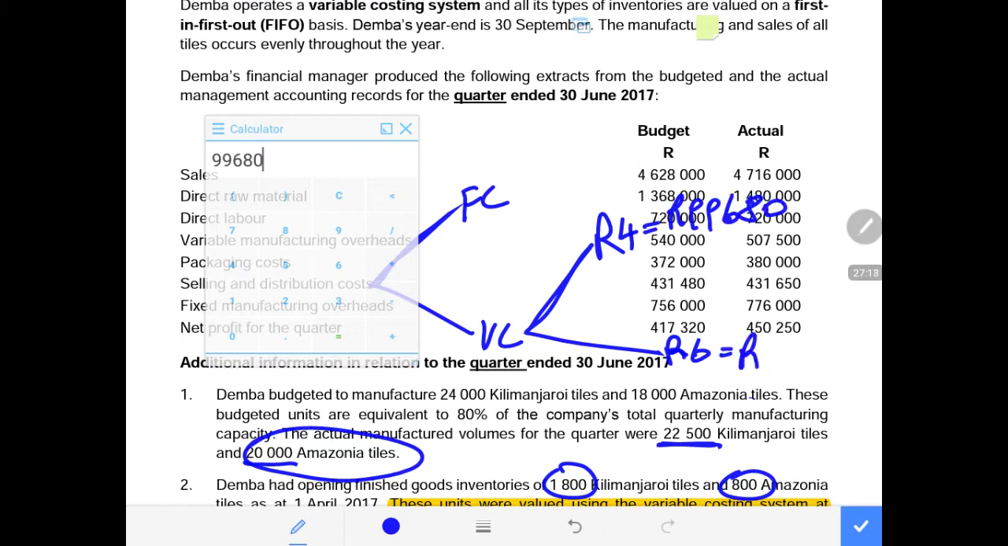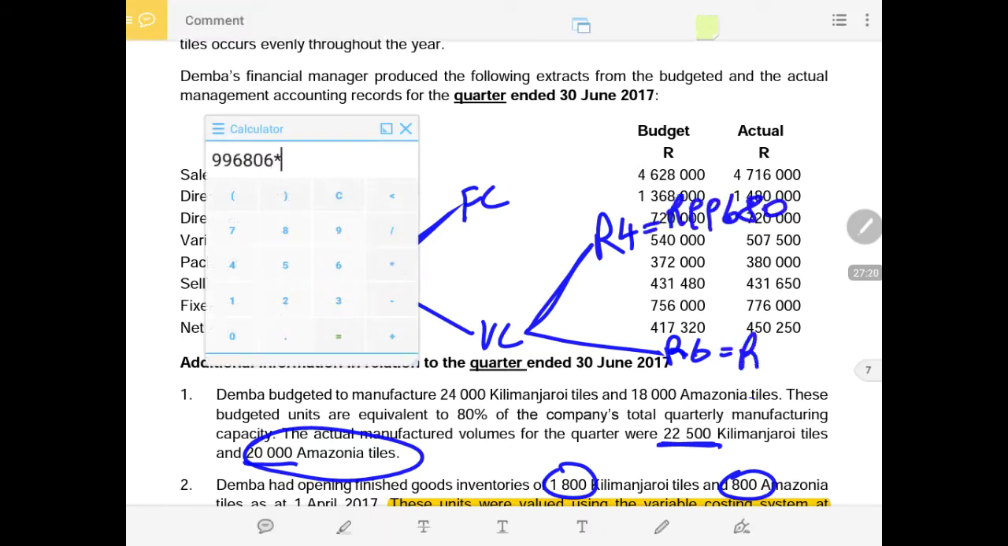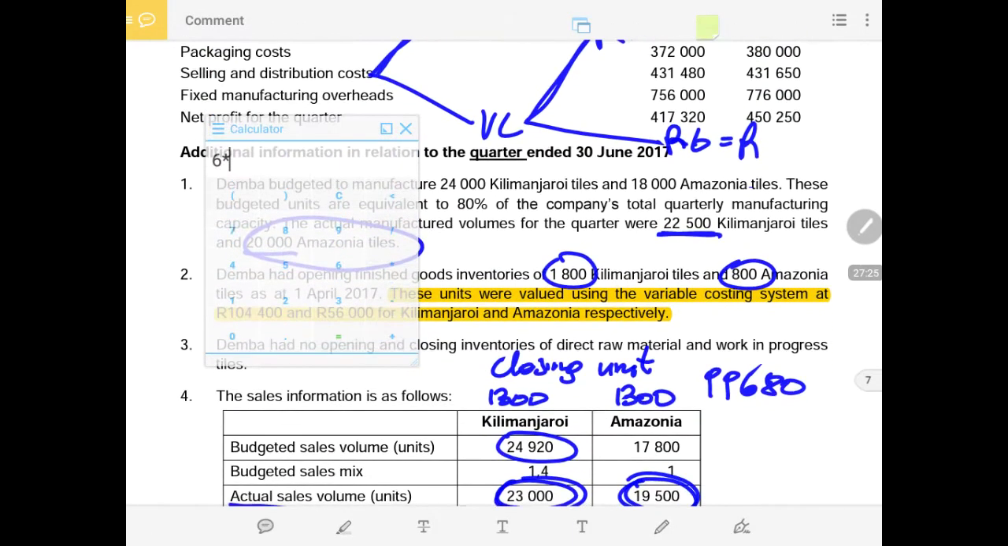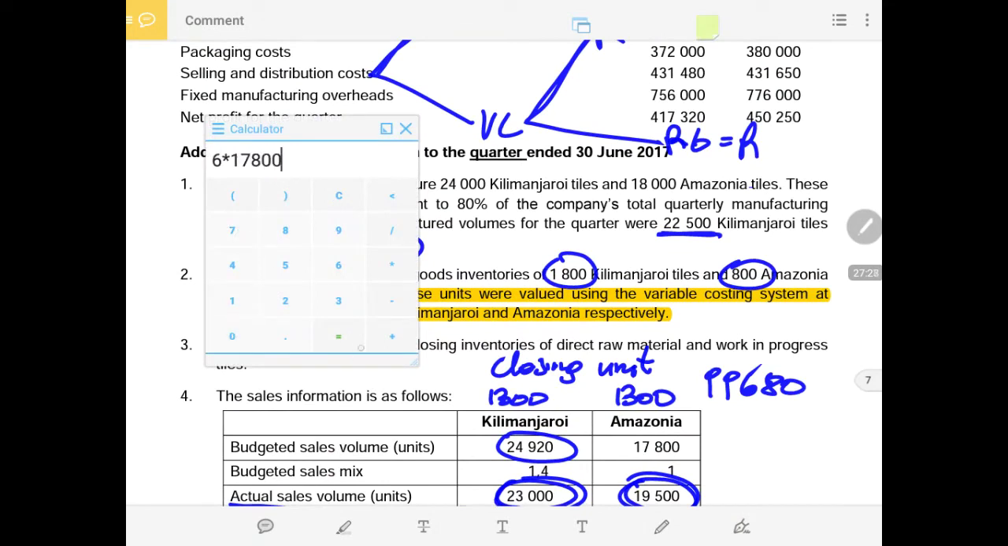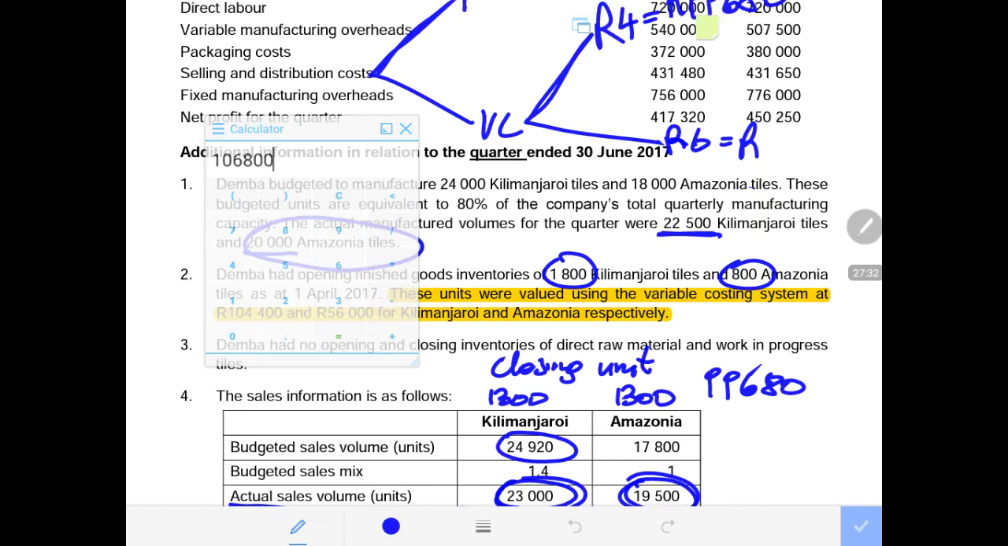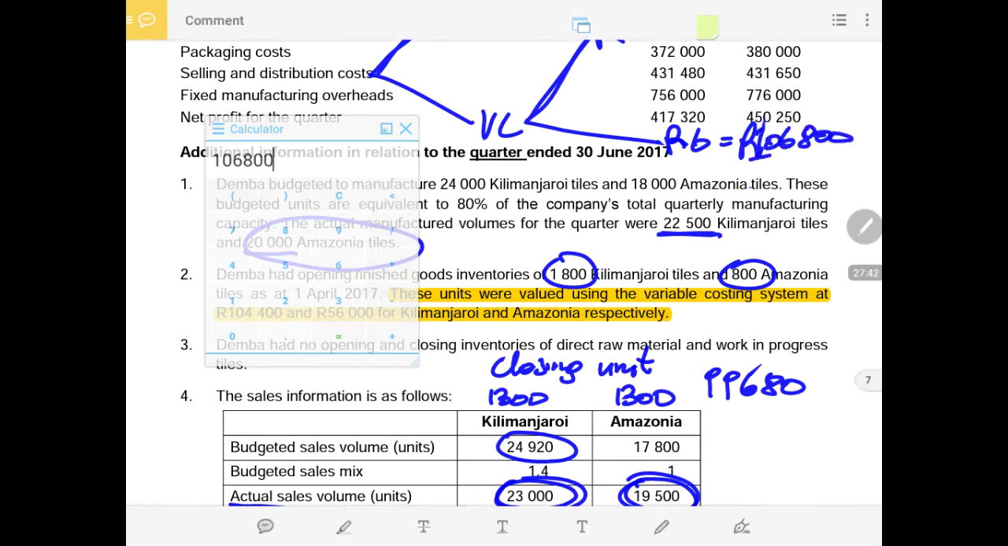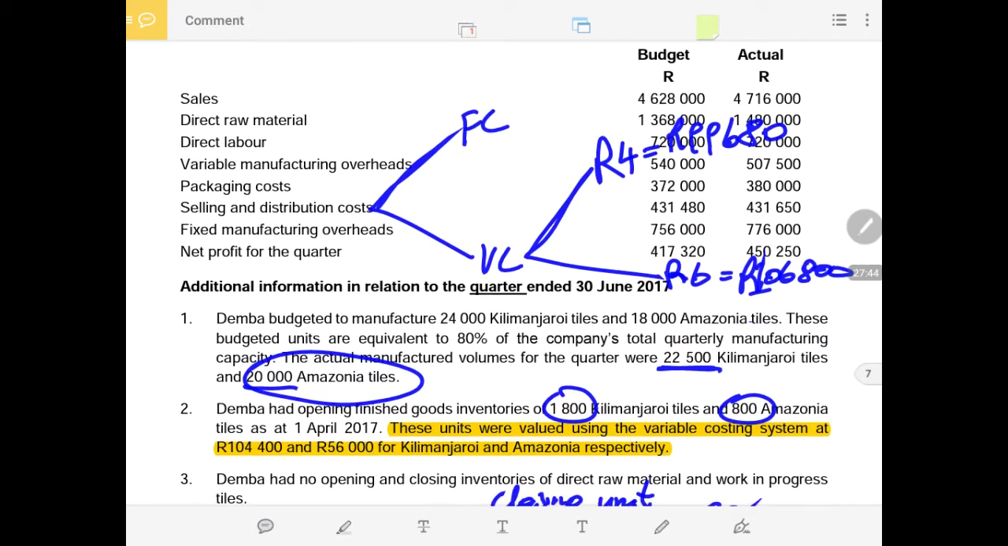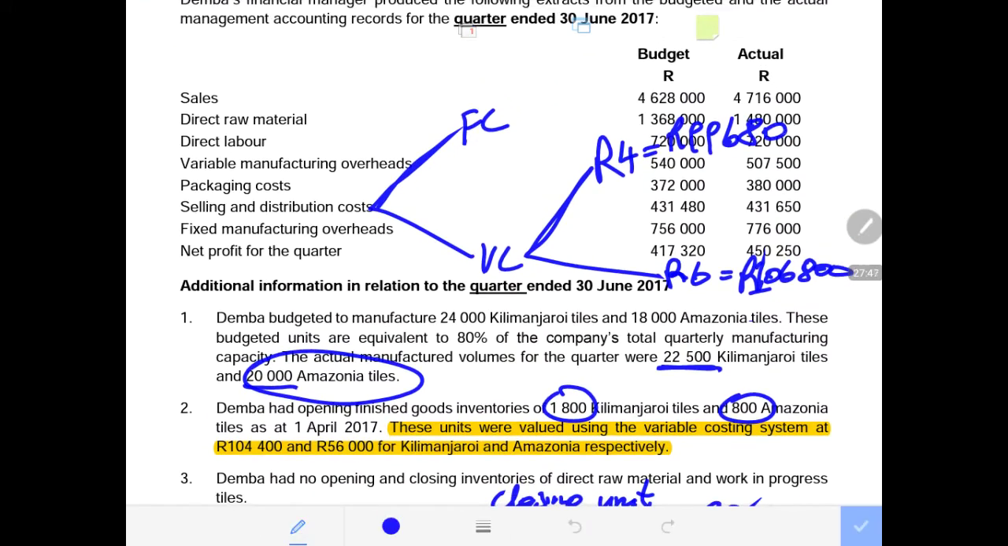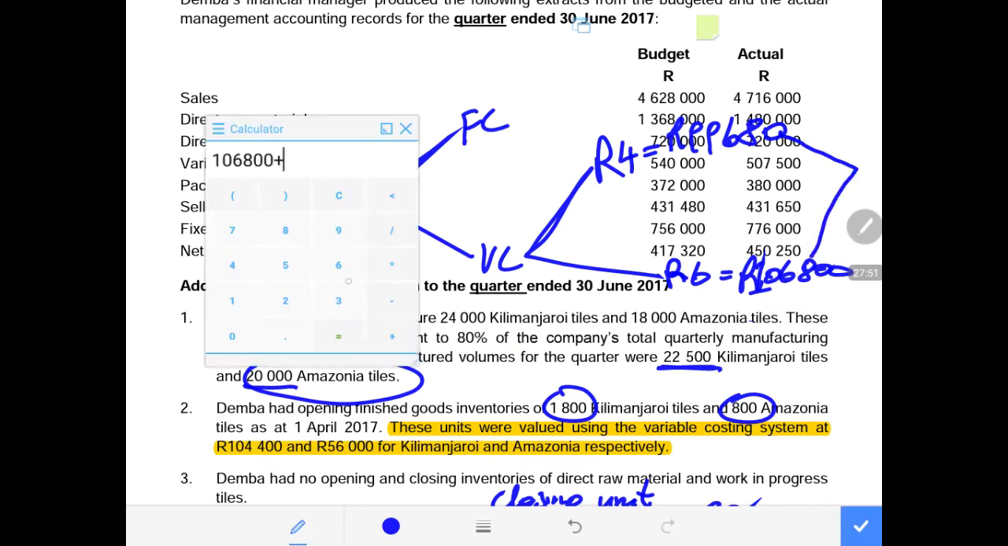Then we come to this side, we say 6 multiplied by the budgeted sales of 17,800. We get 106,800. This is what is budgeted in terms of variable selling and distribution. Therefore, now what do we do? Now we say, okay, our total selling and distribution variable will be 106,800 plus